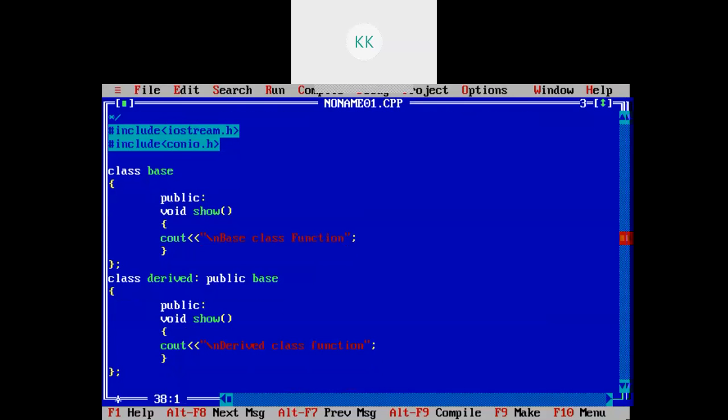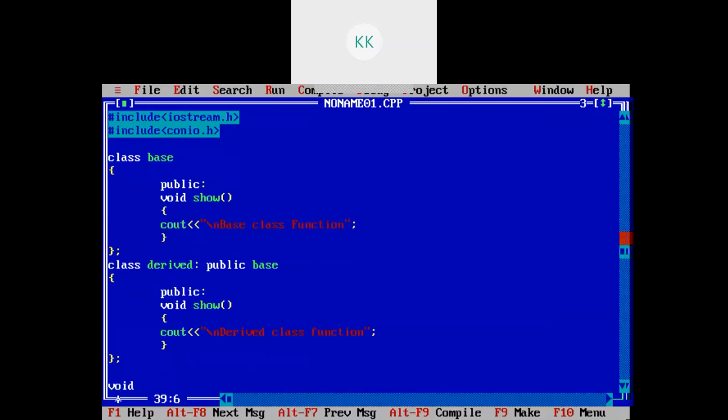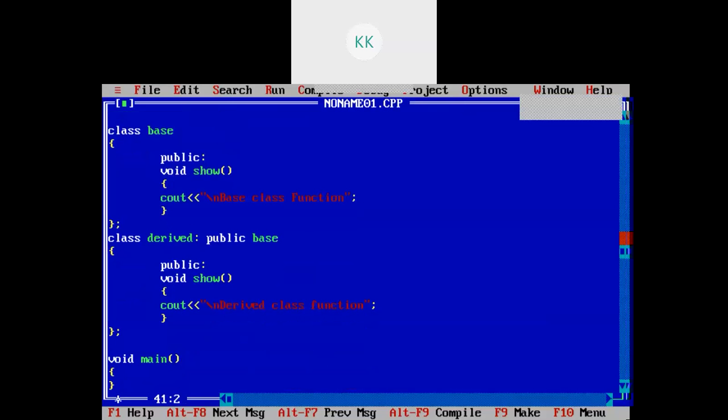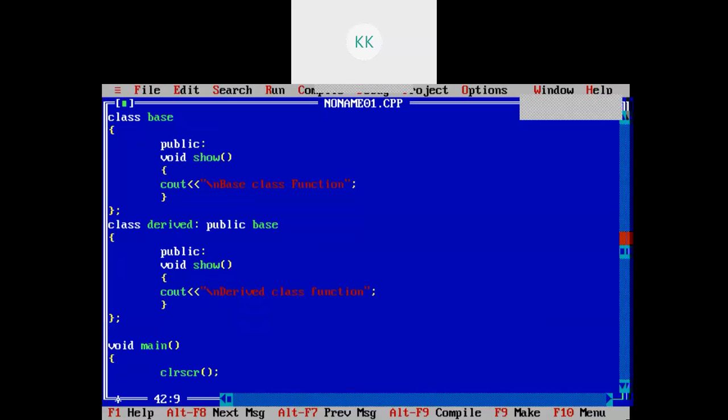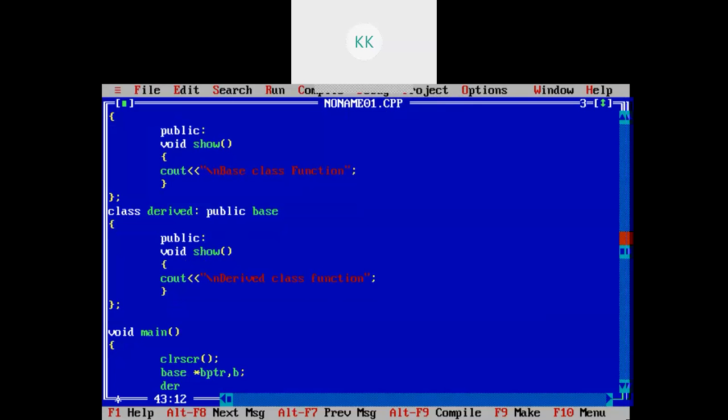And now in the main we will create an object. void main, clrscr, base asterisk bptr, base pointer, and comma, derived d.